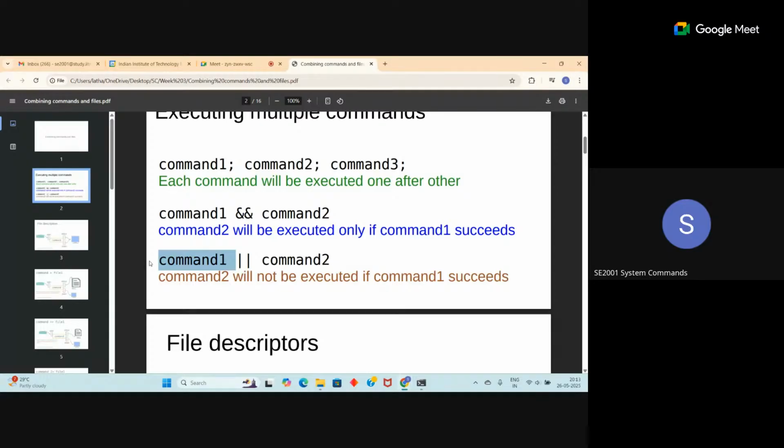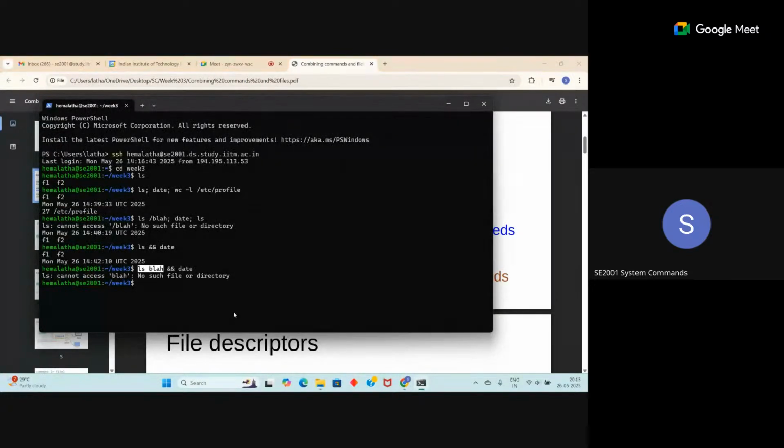In the logical OR, any one of the conditions must be true for the overall output to be true. So if the first one itself is true, there is no need of checking the other one. That's why it won't execute the second command when the first command is successful. The second command will be executed only when the first one fails. Okay. Say for example,